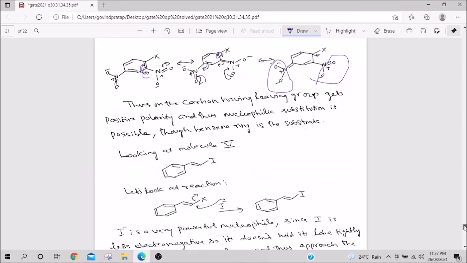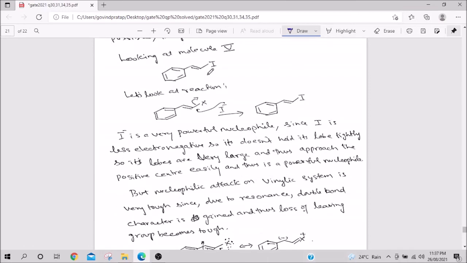Last one is this. So some X, some bromide must have been there, and I minus has to attack here. Now this is very tough. Why? Because on the allylic position, not allylic, sorry, allylic it can happen easily. On the vinylic position, substitution does not